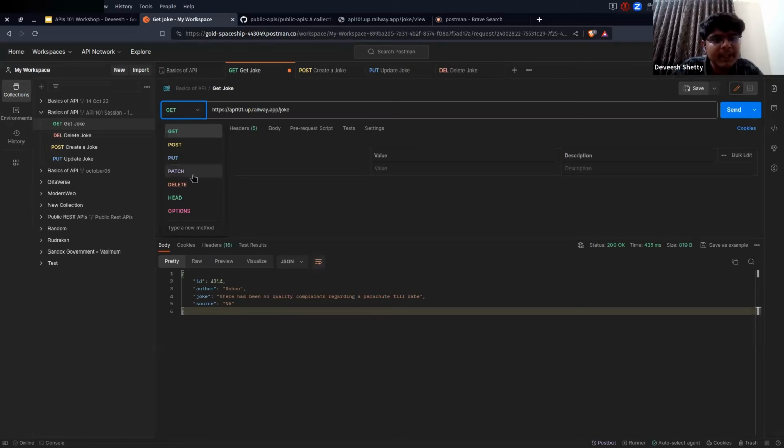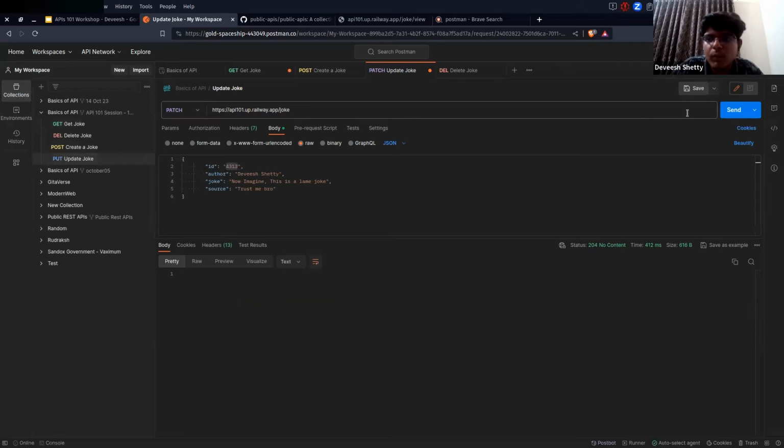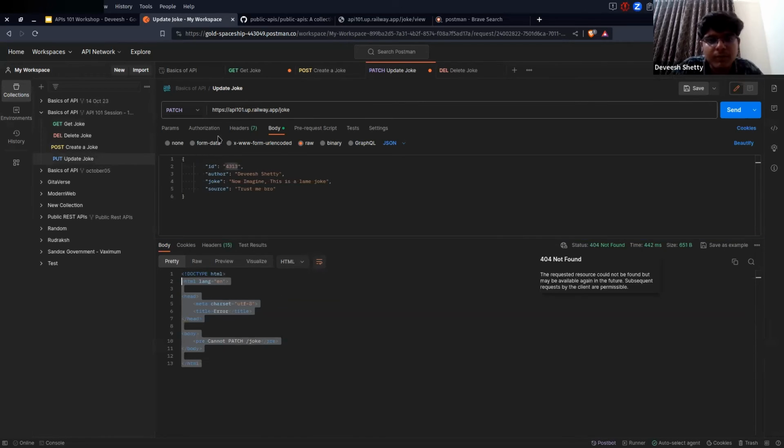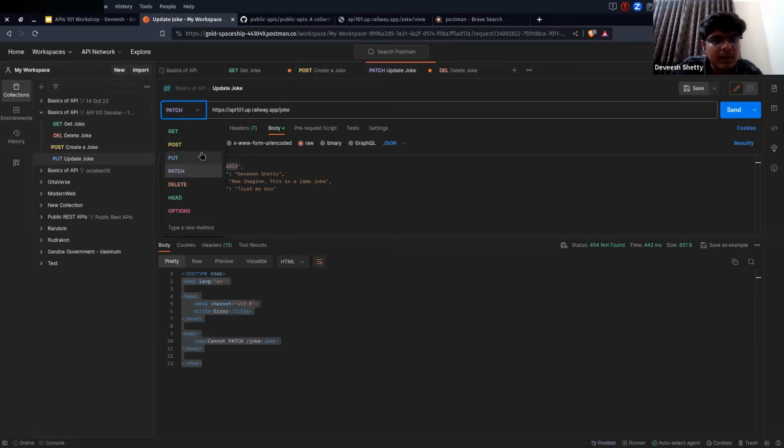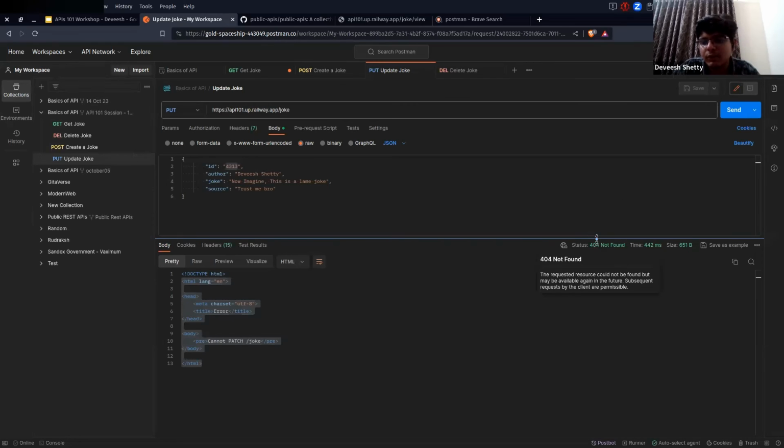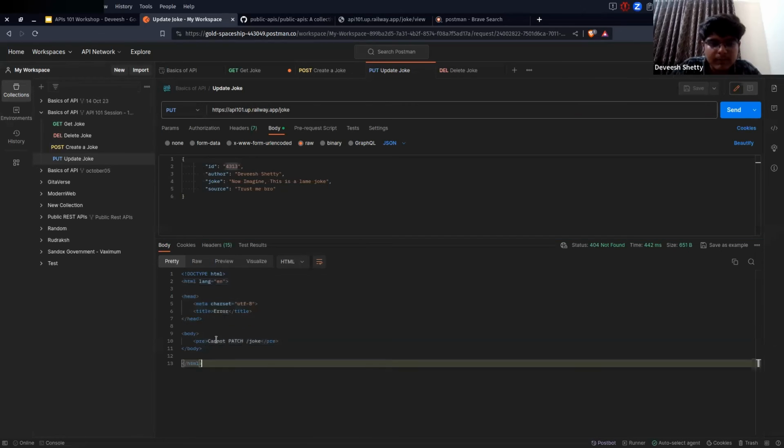If while creating the API they have mentioned it will take a put request, then you have to give put only. If I give patch here, it won't work. See, 404 not found, because it depends on how the developer has created the API, whether they are taking only put requests. Sometimes you will get a 405 error. 405 means the method is not defined for a particular endpoint.